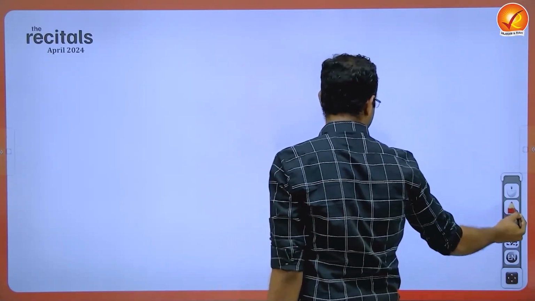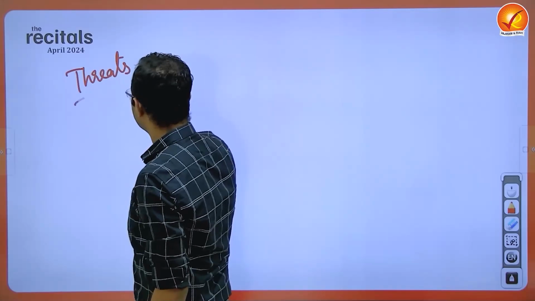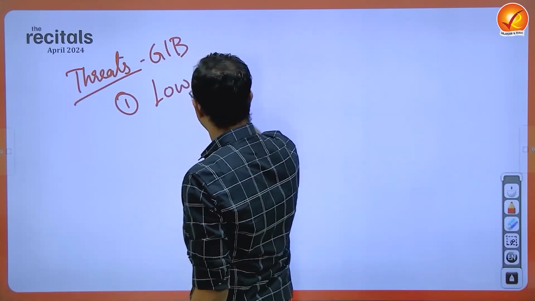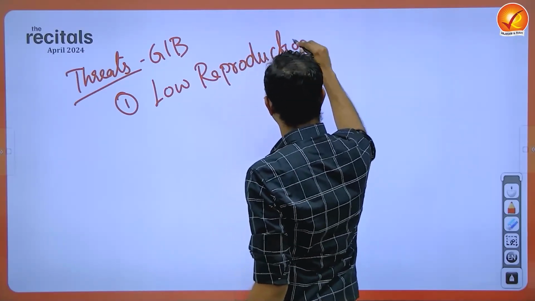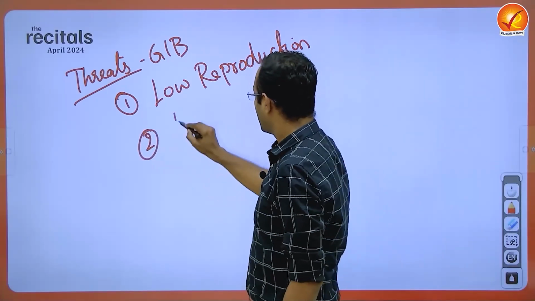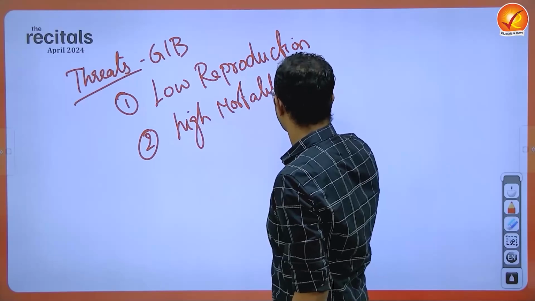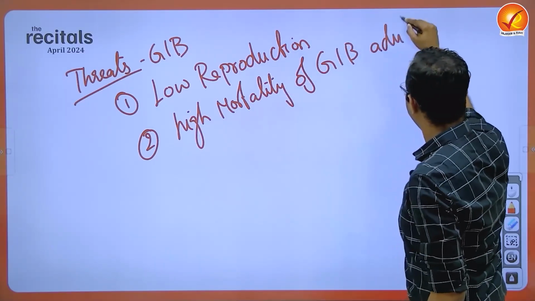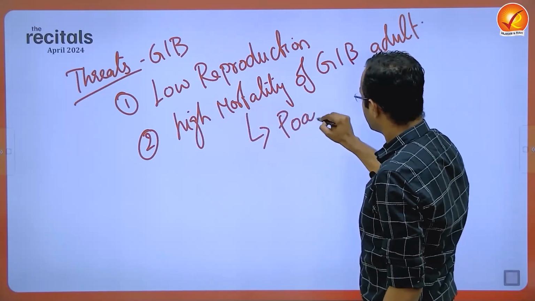The major threats for Great Indian Bustard include, number 1, low reproduction. We also discussed India is the only breeding ground for Great Indian Bustard in the world. Number 2, high mortality of Great Indian Bustard adult population. This high mortality takes place due to poaching,